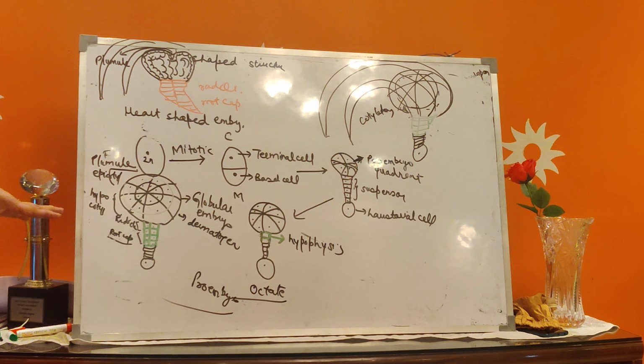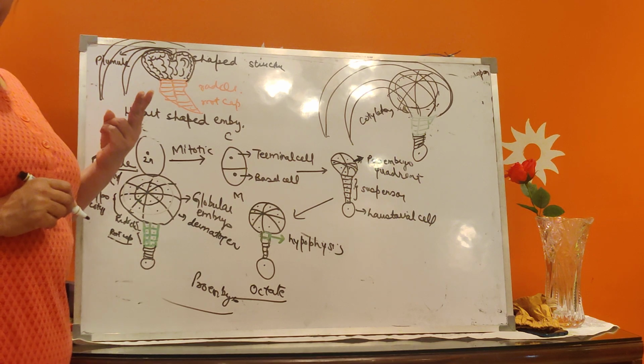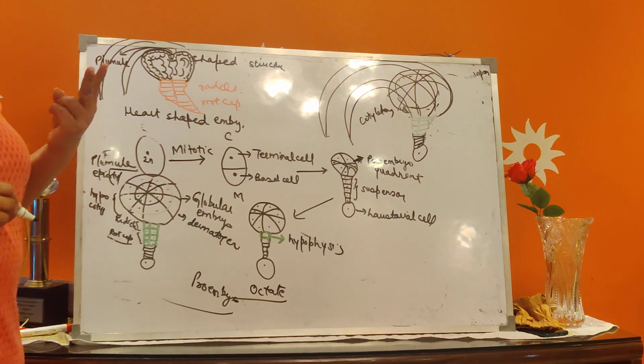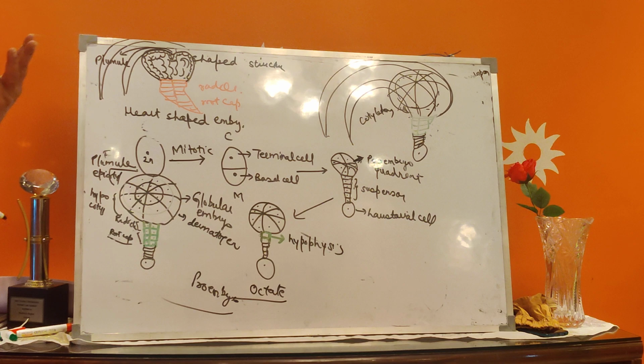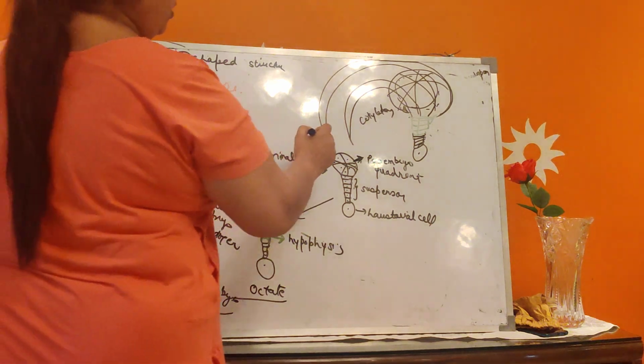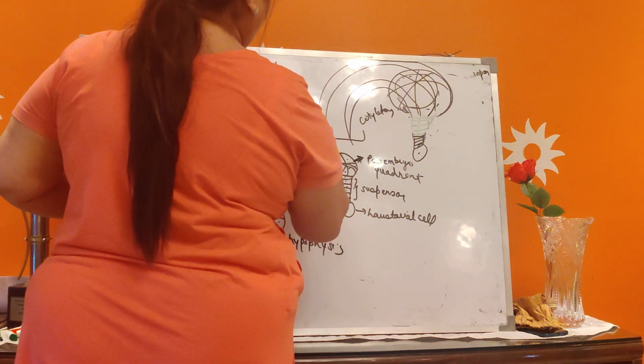So in all we have 3 types of embryo. One embryo is what? Globular. Other embryo is what? Heart shaped. And third embryo is in which what arises? This is called